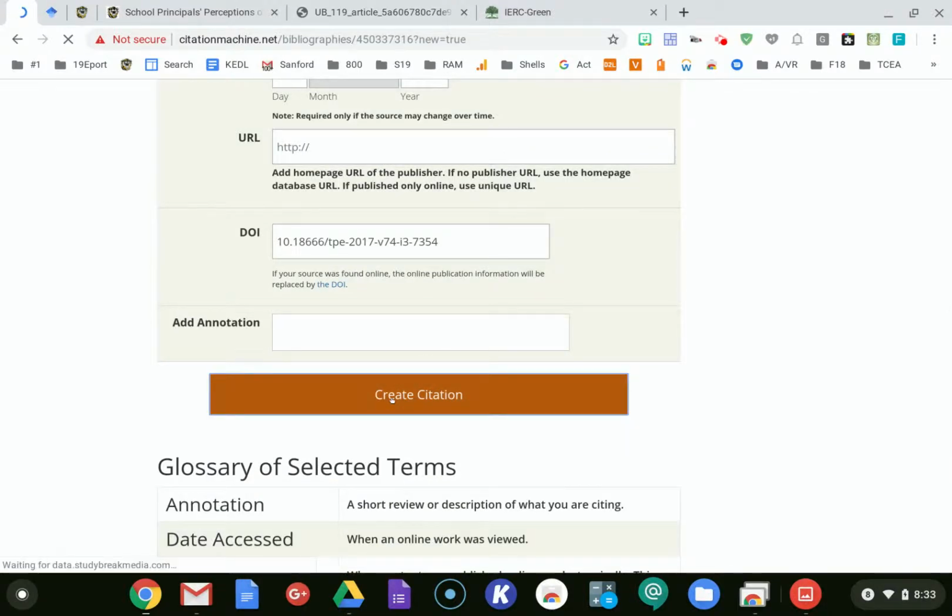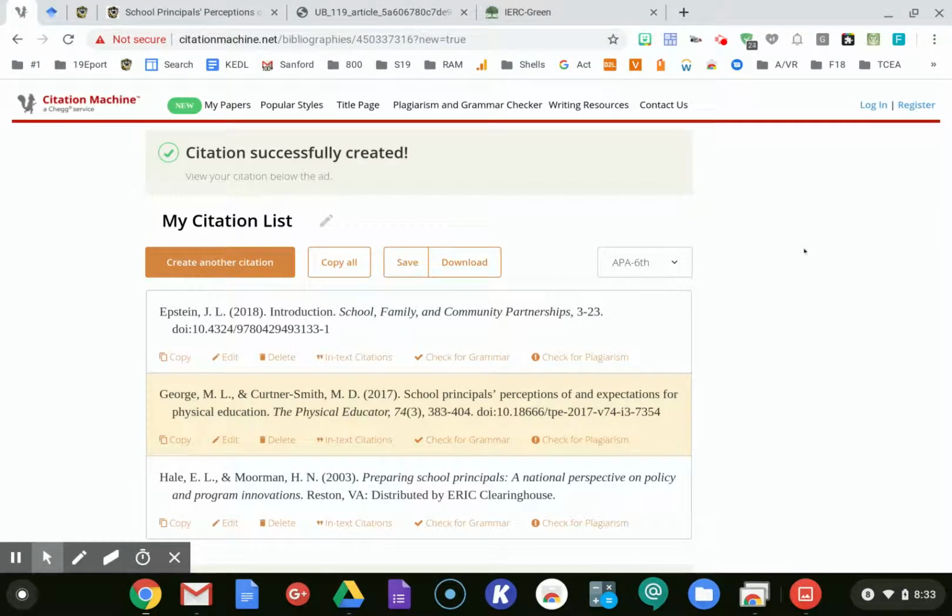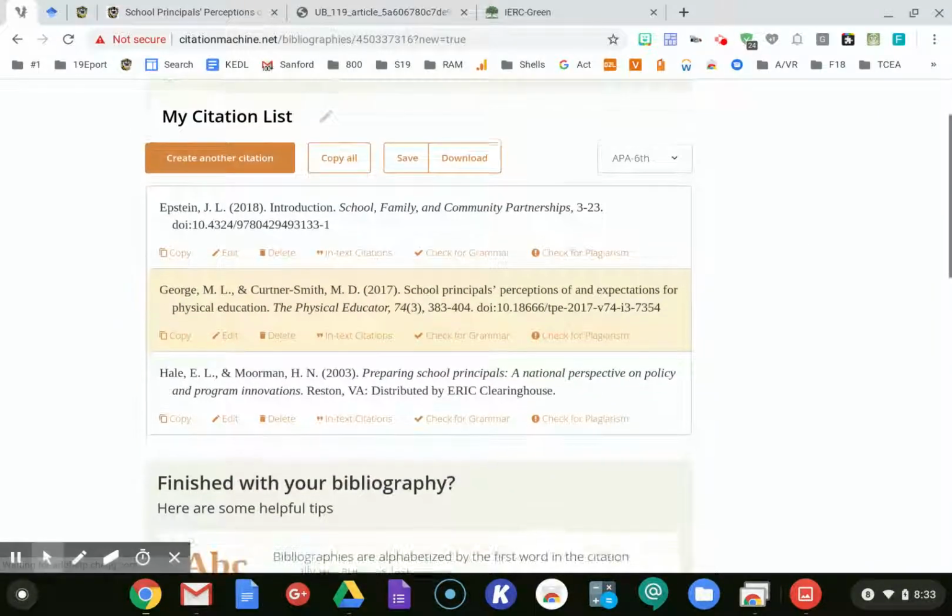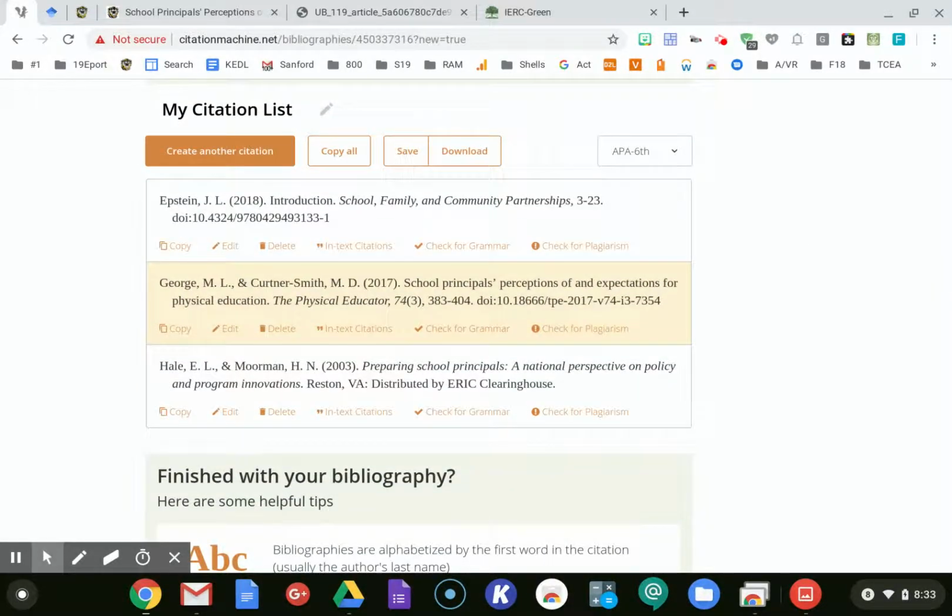See how that looks. Oh, we didn't need the URL anyway because of the DOI. Okay, so last name, first initial, middle initial, and last name, first initial, middle initial, date, school principals' perceptions, expectations